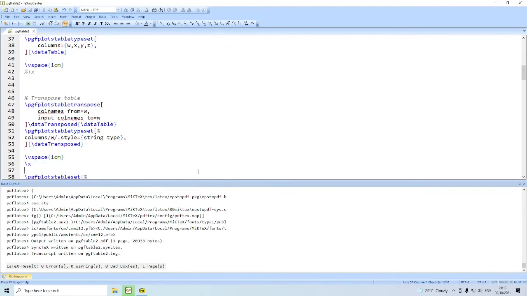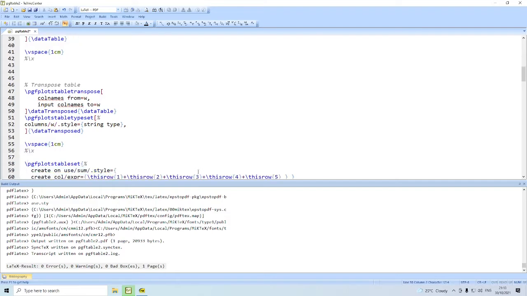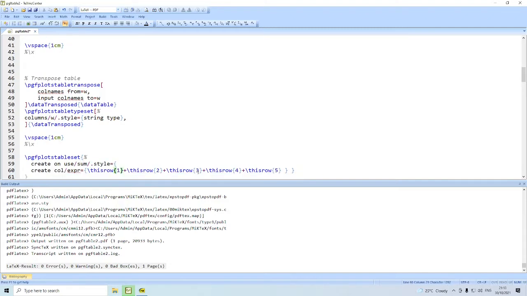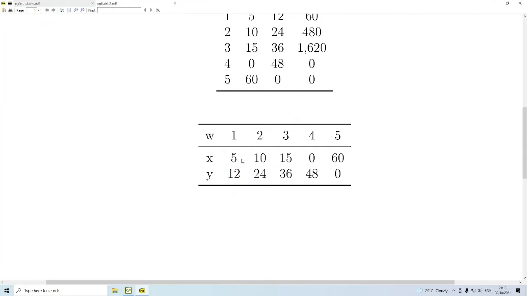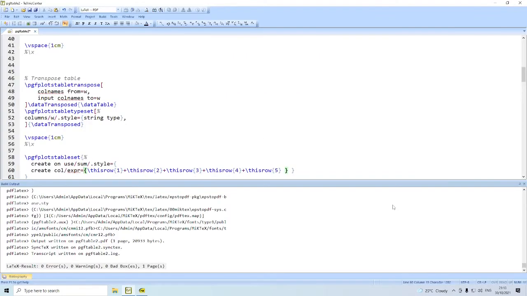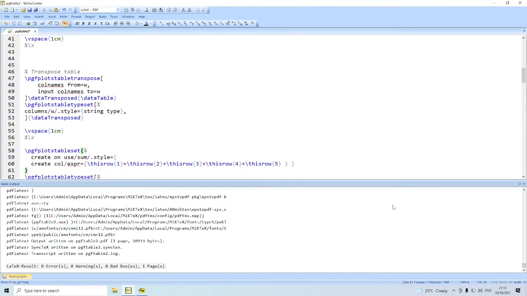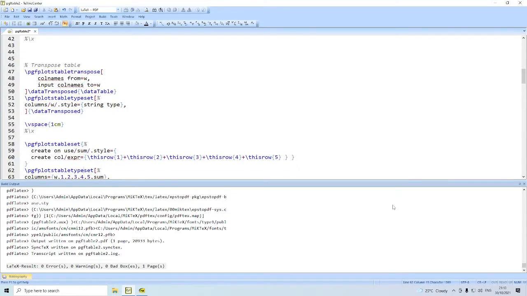Then let us take the next example. We take pgfplotstableset, create on use sum, and the style is expressed like this. create col/expression equal to this row 1, this row 2, this row 3, this row 4 and this row 5, and the result will be the sum, the simplest method of finding the sum.